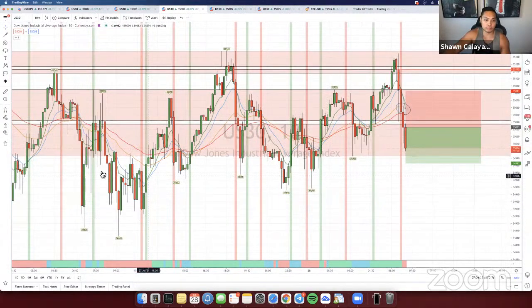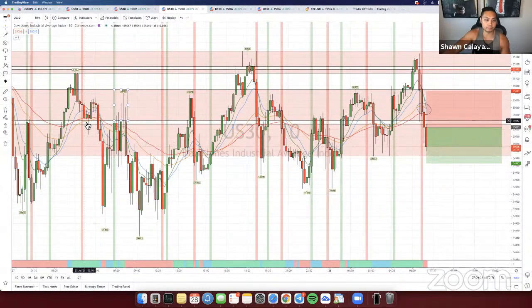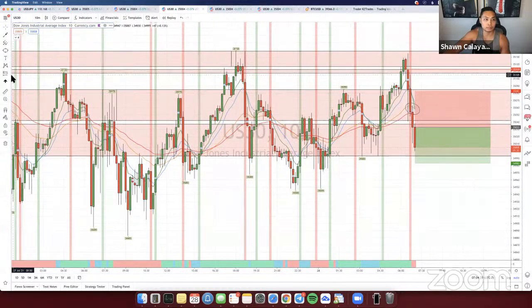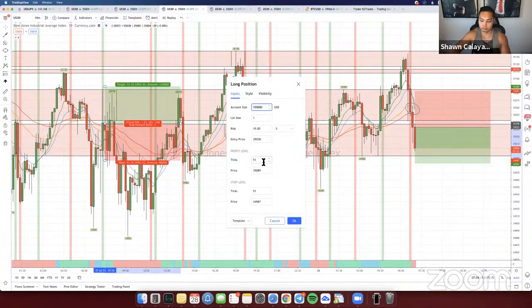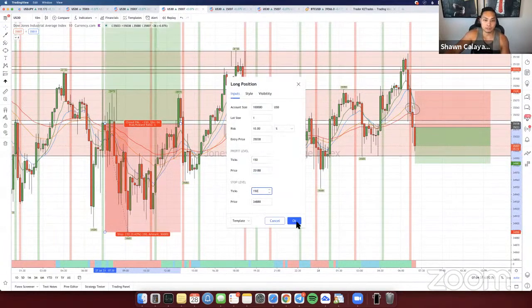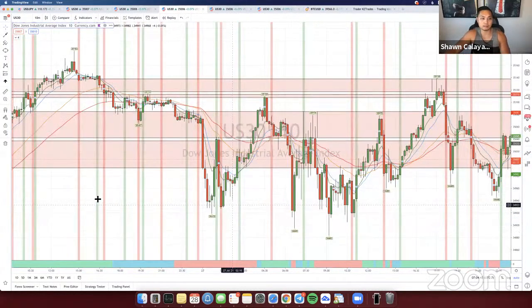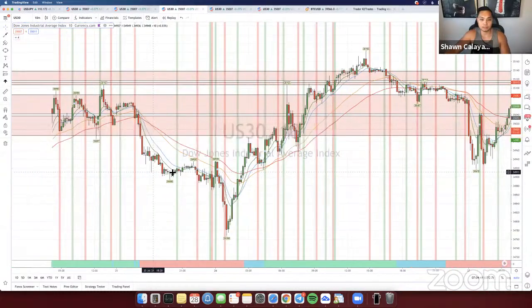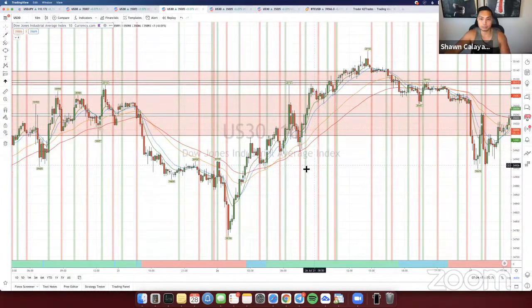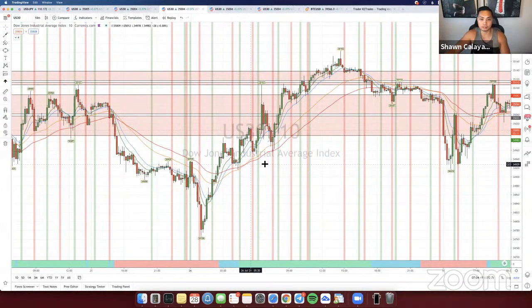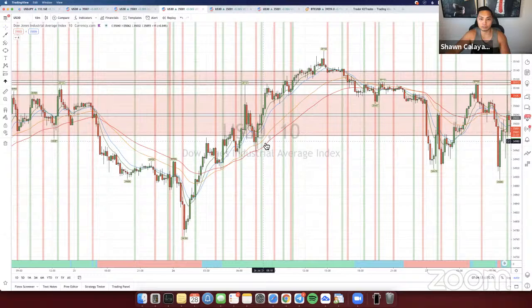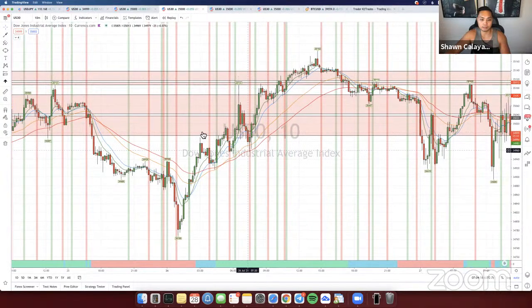Yeah, looking at the daily entry over here, let me just show you real quick, Dion. Okay, so looking at the daily entry right here, this would have been the daily entry if you took this yesterday. And as you can see, yesterday it moved because it was very volatile. But if you go back to the previous days, maybe not this week, but probably the previous week before that, the market doesn't really move fast enough for you to catch these daily entries. You'd probably be holding on to it for a really long time. For example, right here, I think this was Monday. So on Monday, if you took a daily entry right here,